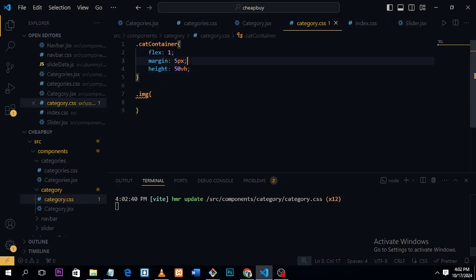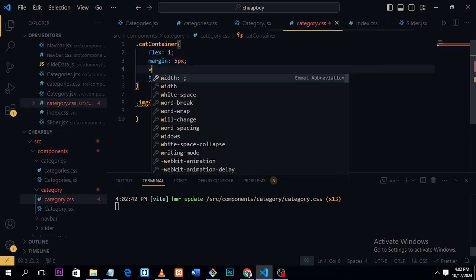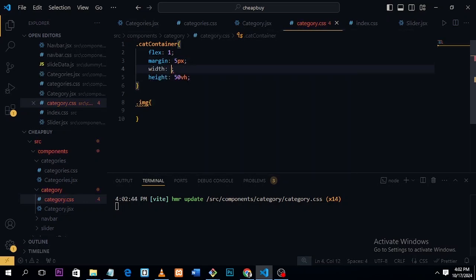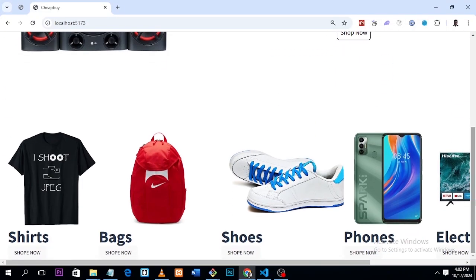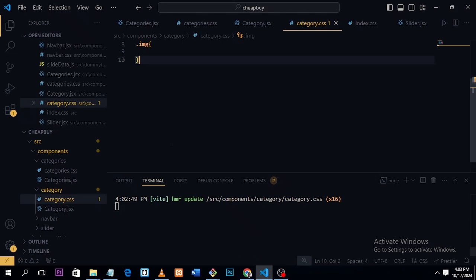I will give it a width of 380 px. Let's see. Okay, you can see they're all still horizontal, but we can still go further and say